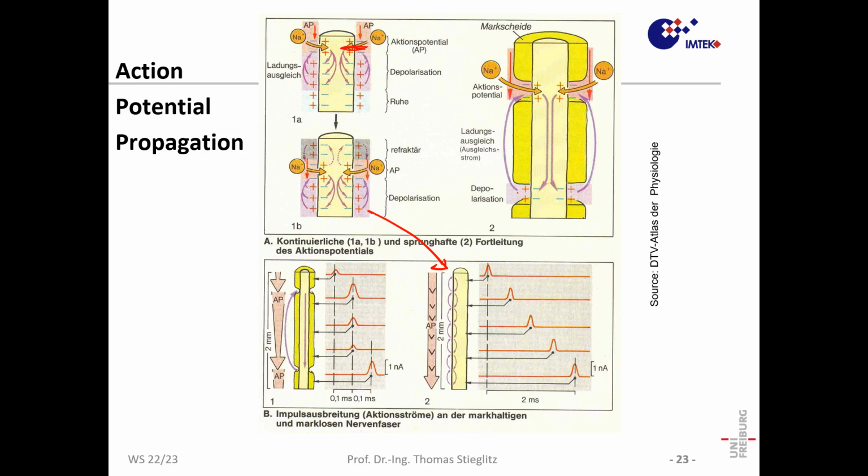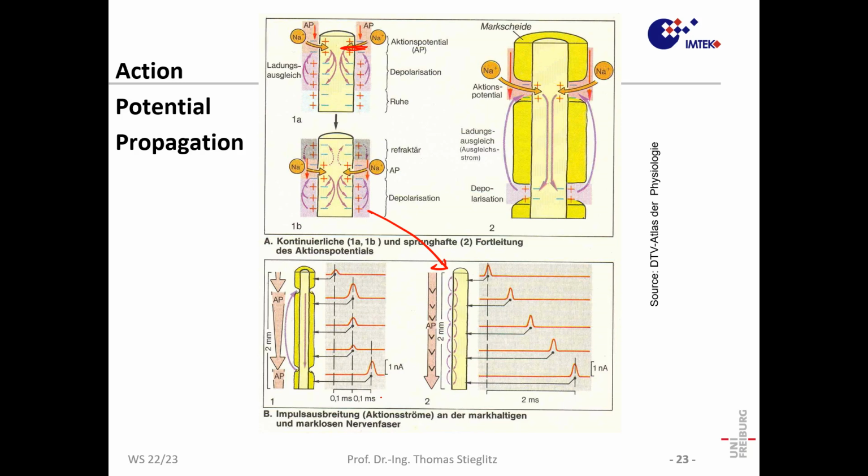But that means all that charge transfer over the membrane is in 2 millimeters probably done only once. In between we have that passive decay, and that shows here that we have 0.2 milliseconds instead of 2 milliseconds, so a factor of 10,